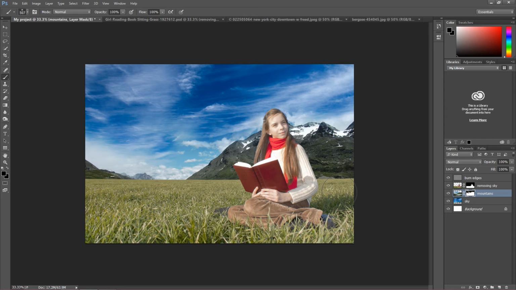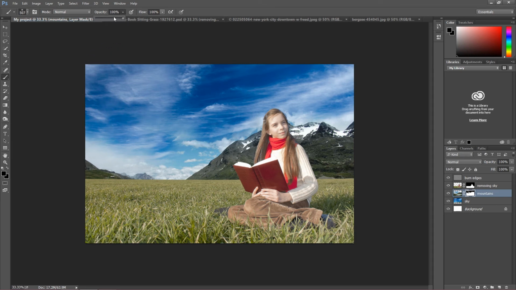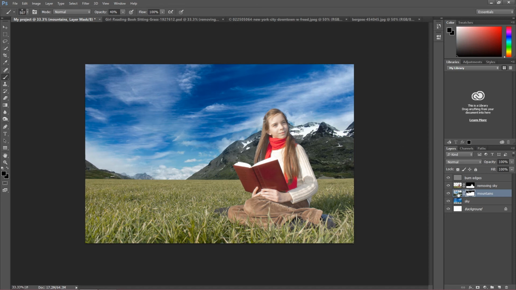As I said at the beginning, it's really great to keep everything in order. So the thing we have to do, maybe I change opacity to 40% and soften these edges even more, so you can see it's much better now. And the thing we have to do is change the saturation of these layers,